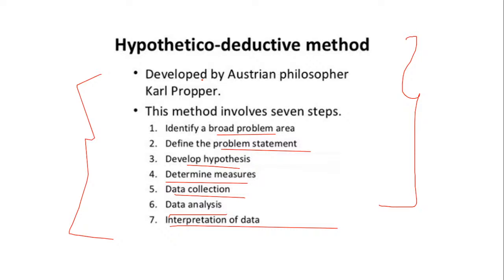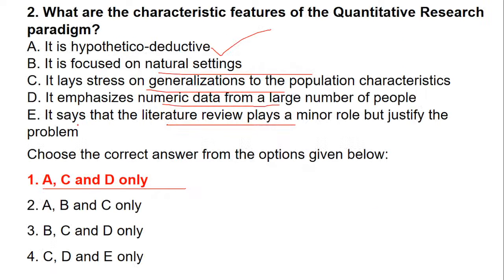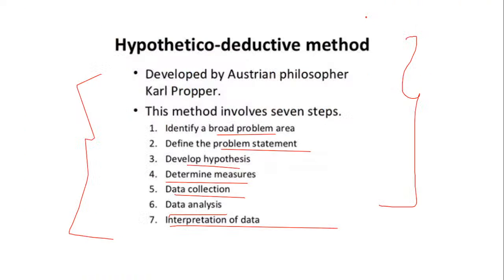Major role of review of literature, yes. See, the statement, here they have not given major and minor, Junaid. Actually the statement talks about literature review which plays a minor role. Here this is just to confuse you. They are talking about justification of problem. But justification of problem will depend only on what type of literature review you have collected. So depending whether it is making a justification with the research problem. If not, then though it is minor or major, it will not play an important role. Is it clear? Okay. Please be careful. These small things can definitely put you in problem.